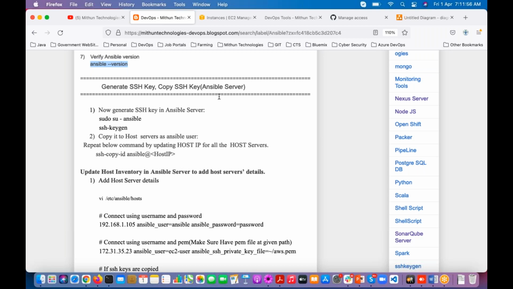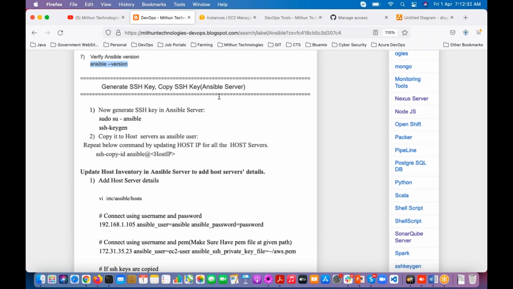Sangamesh is asking, sir, can we use your blog during real-time work for installation and all? Absolutely. Many guys told me, sir, in my company also, many other DevOps engineers are accessing your blog, sir, our blog. Even many guys from other training centers are referring to our blog and our YouTube channel.